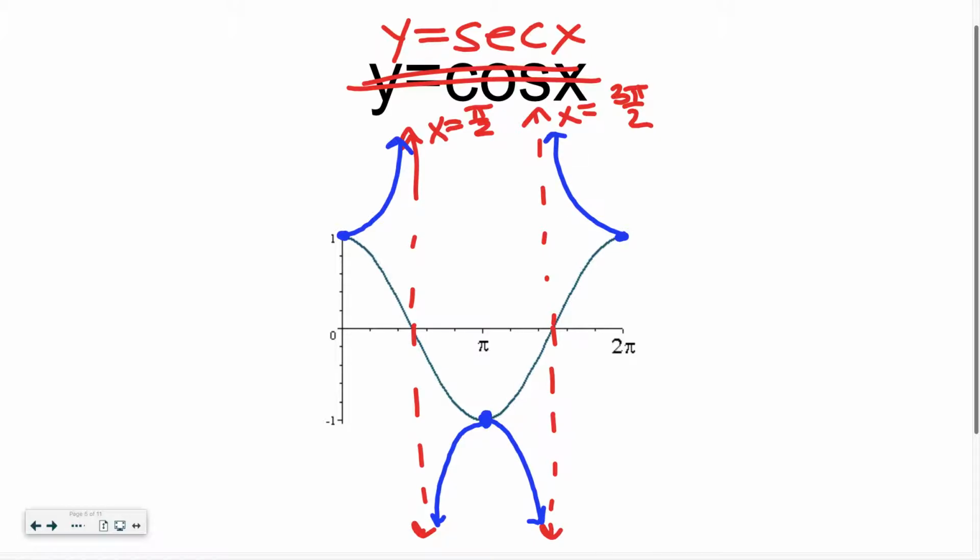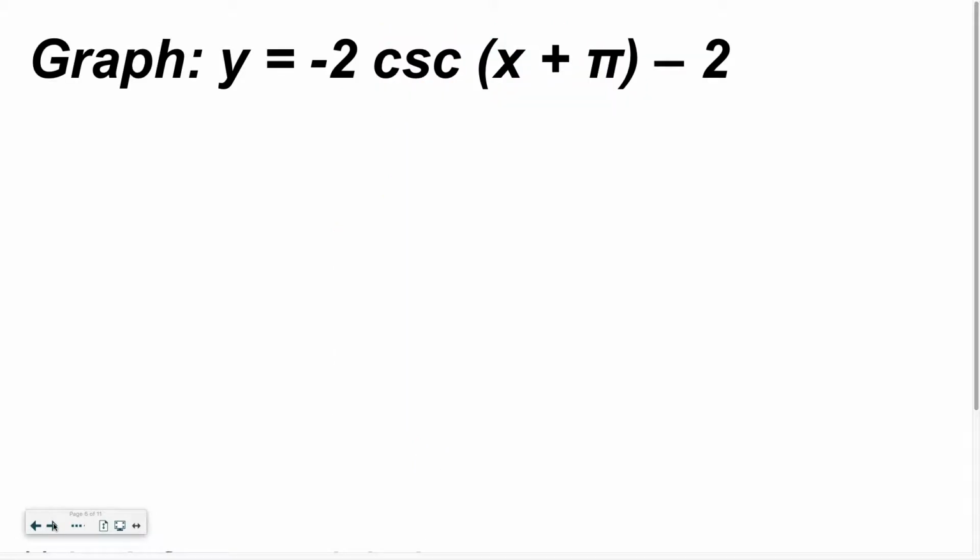Now, if it bothers you to only have half of the u's because the period is cut off kind of strangely, if you want to complete those u's, I have no problem with that. But technically this would be the one period of cosine secant. Like I said, if we can graph sine or cosine, we can graph a secant or cosecant. So I'm probably just going to do one example to save time to talk about tangent as thoroughly as we need to. Okay? So go ahead and copy down this